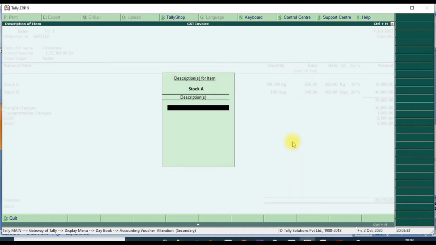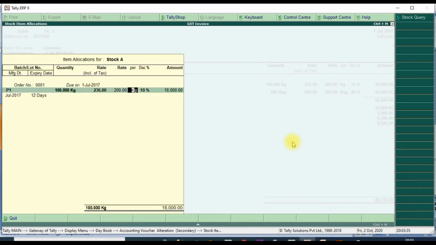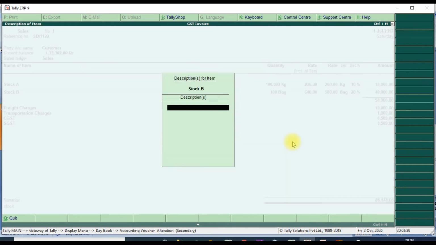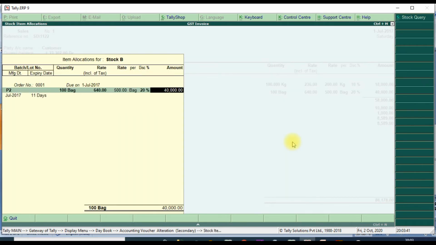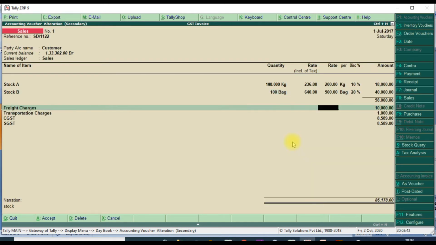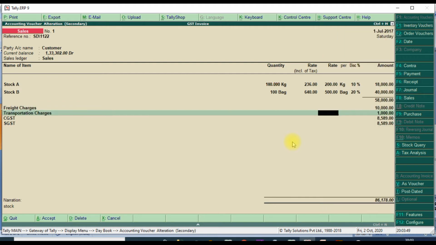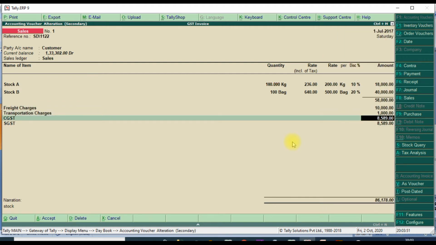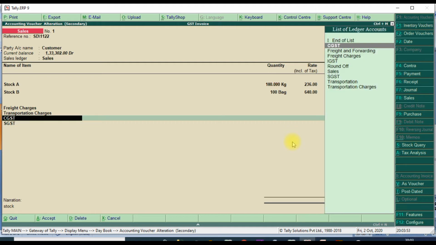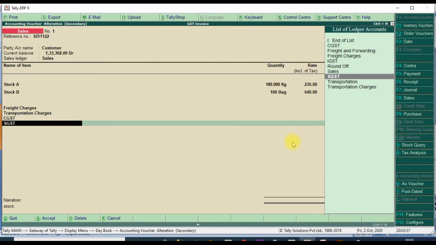then stock item details, then this is our normal default Tally entries, then ledger details, this is freight charges, and we will select CGST and SGST.